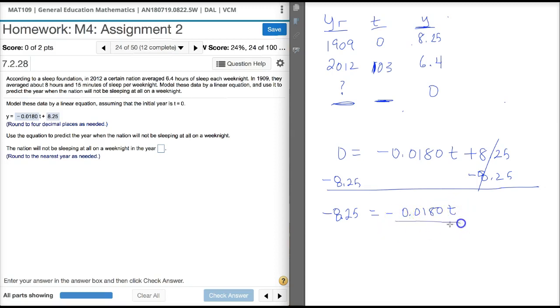And then to get t by itself, we just divide both sides by the negative 0.0180. And here you remember any number divided by itself reduces to 1. 1 times t is t. And then of course, here we know that anytime we divide negative by negative, that ends up being a positive. And so if we take 8.25 and divide it by the 0.0180, then what we end up getting is